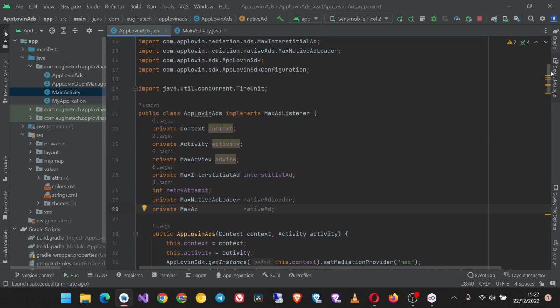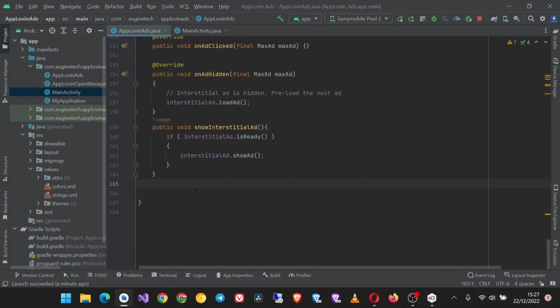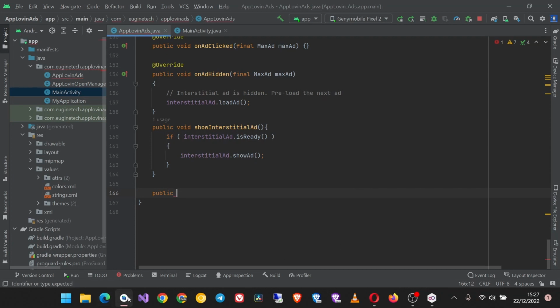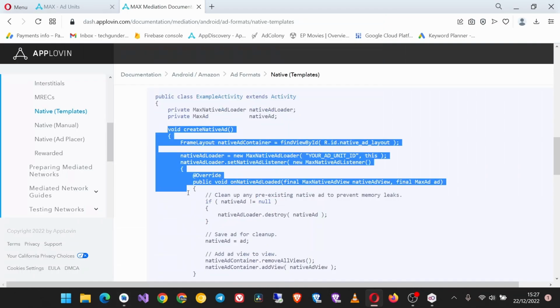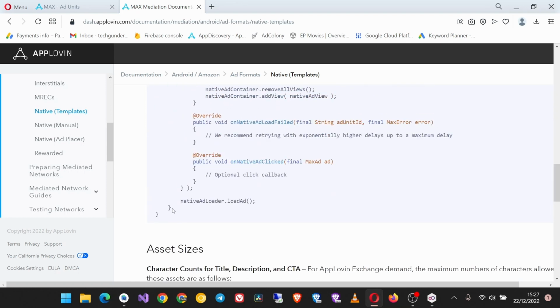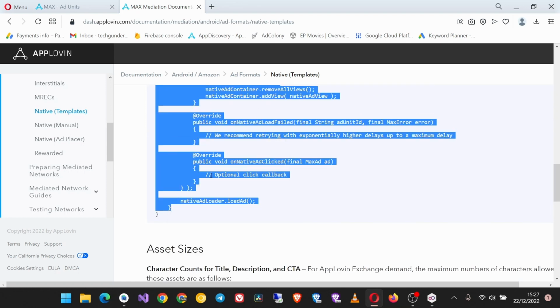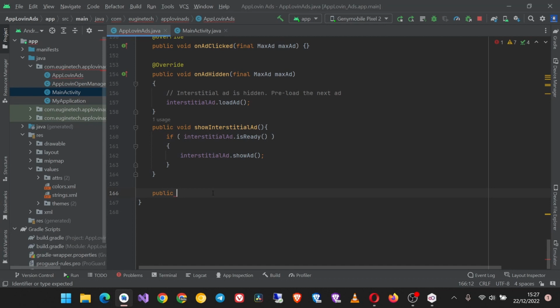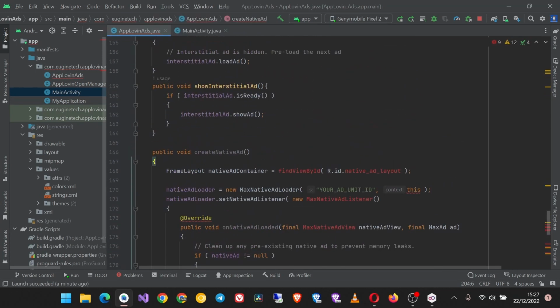Okay, now take this back to the bottom here, and this is where I'm going to put a method for loading the native ad. So here, void create native ad, copy the whole of this. So make sure that the method is public. I do this because you may need to call this method from an activity that is not listed in the same directory as these files, and you may get